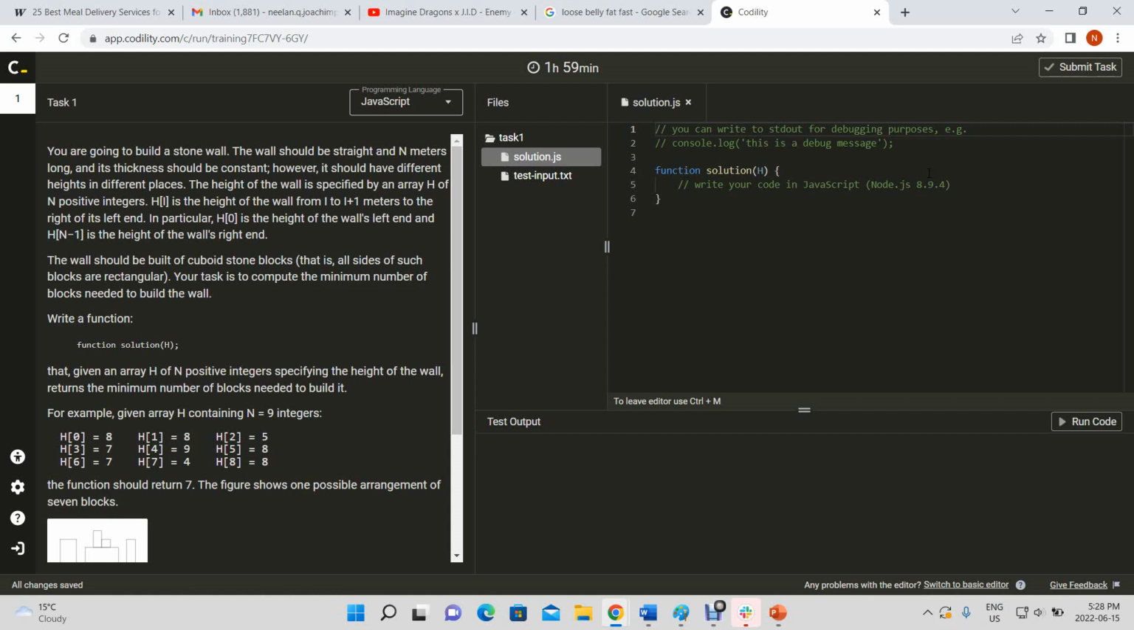Okay, so today we're going to work on the Codility problem from Stacks and Queues lesson 7, Stone Wall. This is the question. You're going to build a stone wall. The wall should be straight and n meters long. So the array that's passed in has n elements,